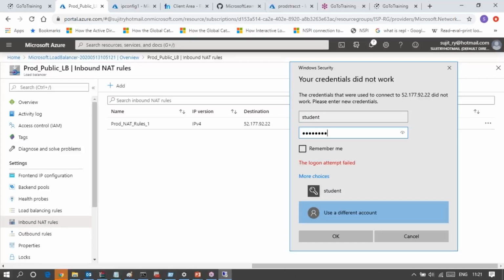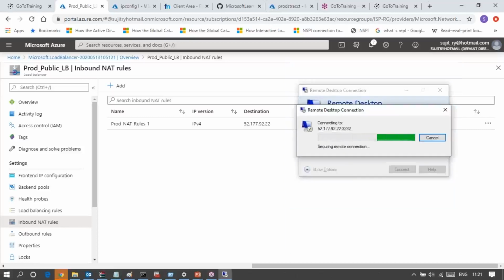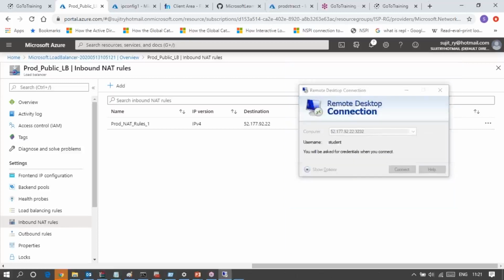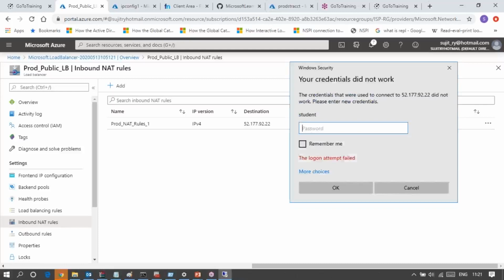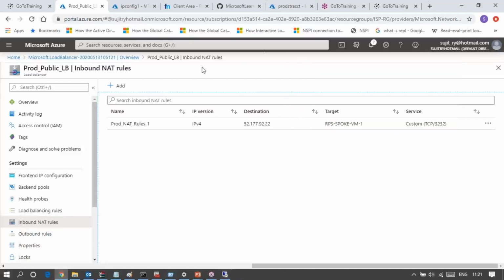Maybe the password is wrong. So where is the password?